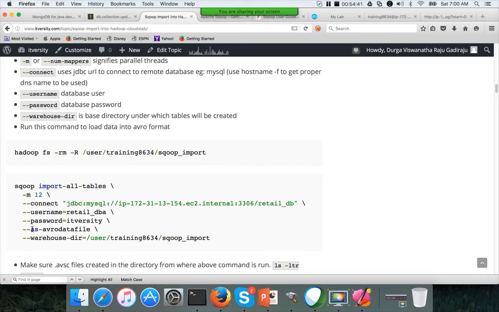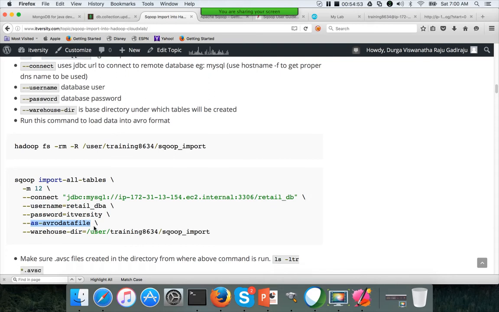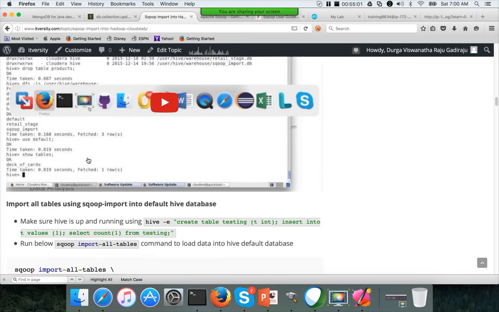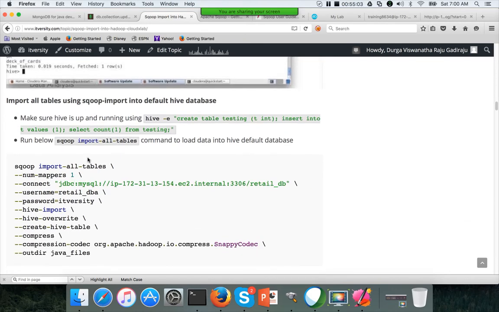If you want to change the type of the file, Sqoop supports a text file by default, a sequence file, Avro data file, and also Parquet file. So if you want to use a different file format to load the data, you can use it like this, as Avro data file or as sequence file, etc. Okay, don't worry much about what these file formats are.